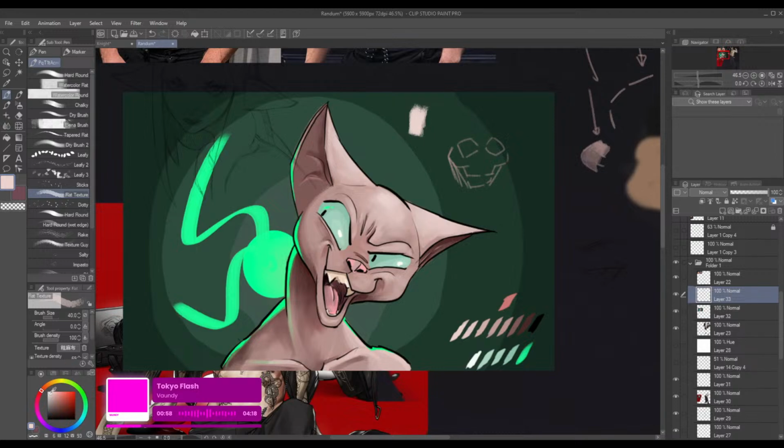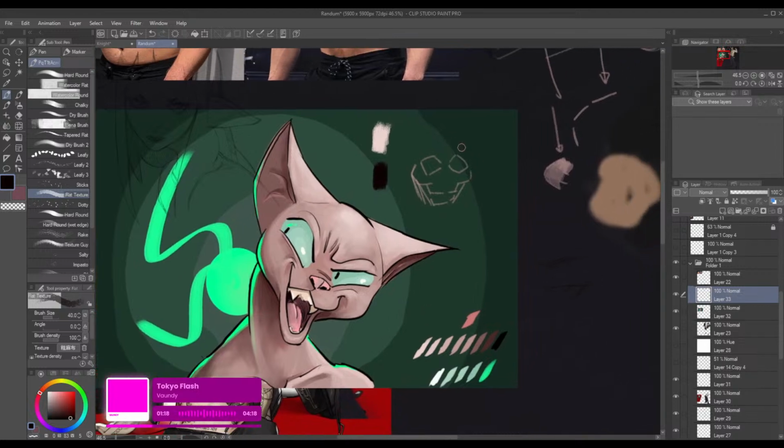The darkest dark that you have is probably in here, probably something like this if we're not counting the lines. Or in the mouth, actually. That's like 5% value. That's really dark. I think this is not a hard rule, but this might help you a little bit. When you are picking value ranges, so how light and how dark you go, keep it within 60% of each other. So if you're going 100%